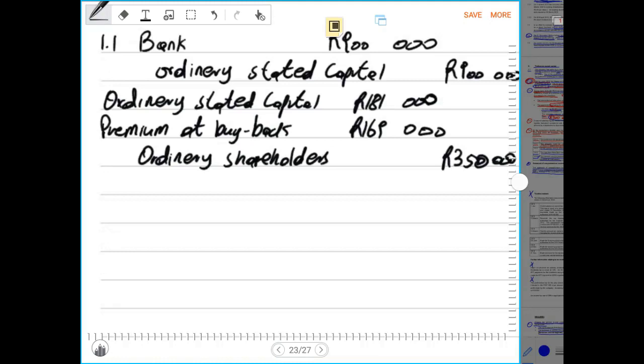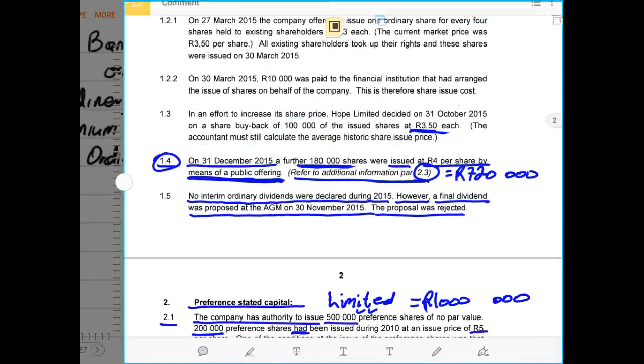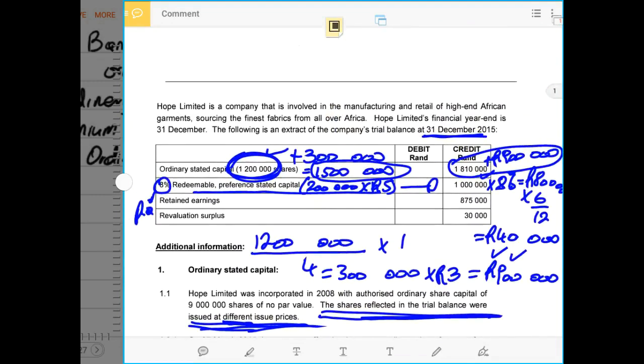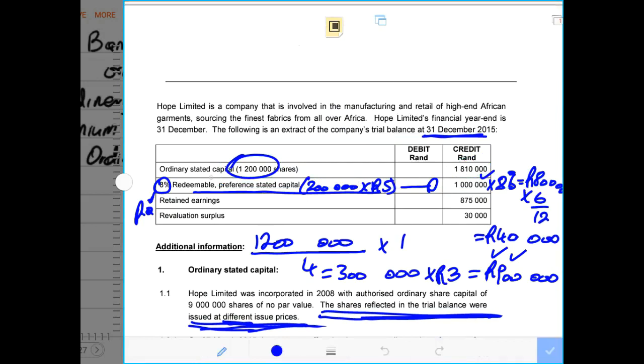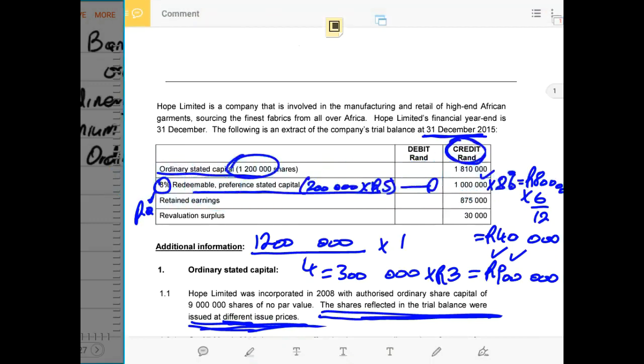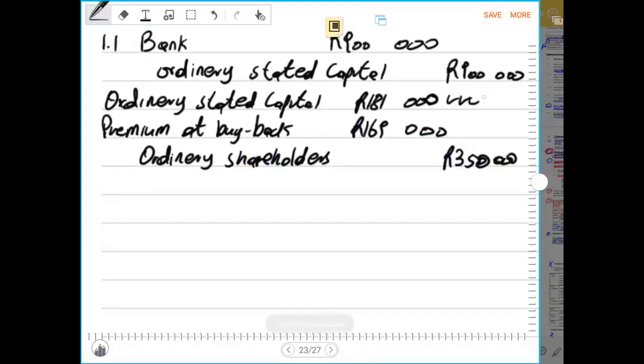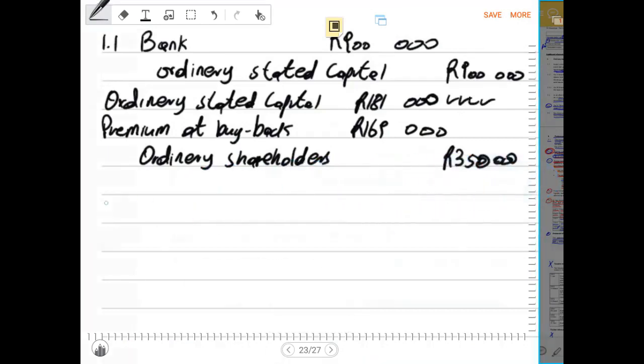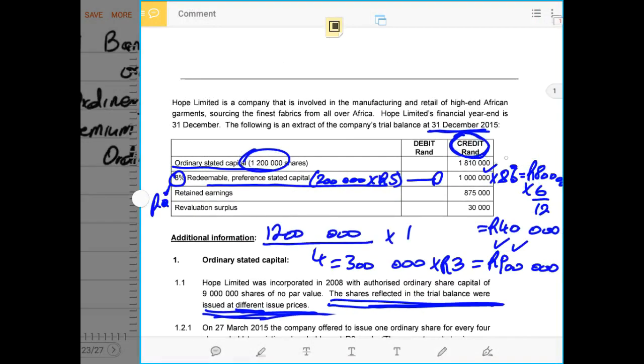And remember now we have recorded the ordinary stated capital on the debit side. And the reason why we do this is because we are cancelling what was initially recorded. And in the trial balance, if you still remember, we had our ordinary stated capital recorded on the credit side of the trial balance. This is equity. So now the minute we record in a journal entry ordinary stated capital on the debit side, we are cancelling this entry. We cancel this from being a capital, then now it becomes immediately a liability because it is about to be paid to the preference shareholder.